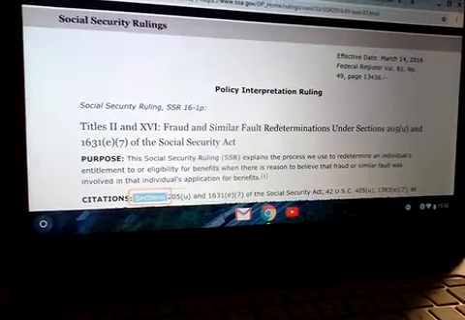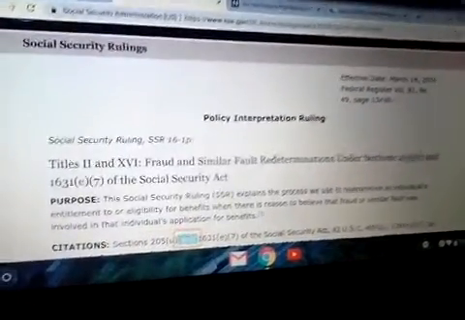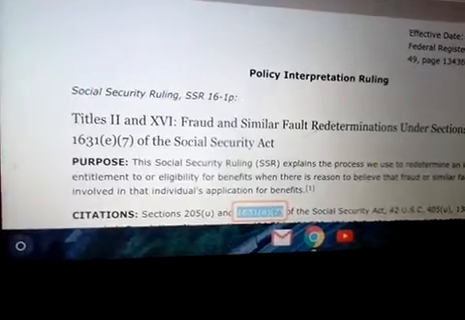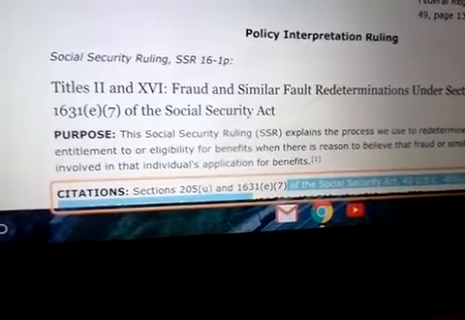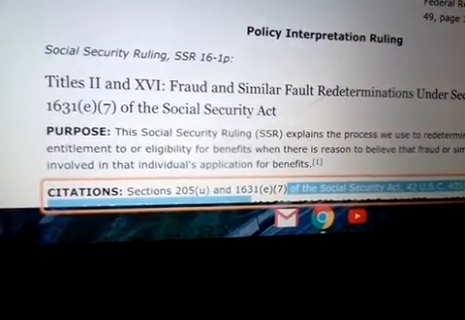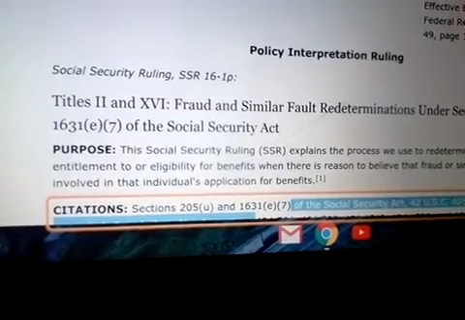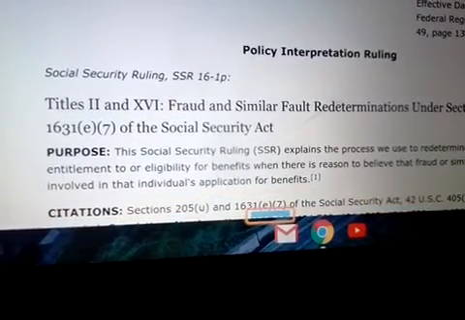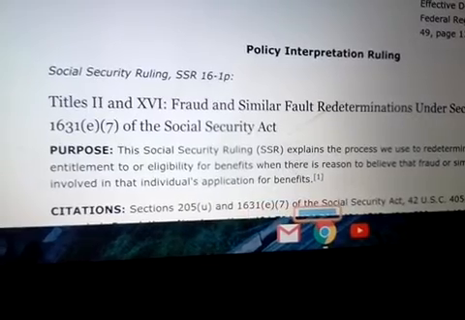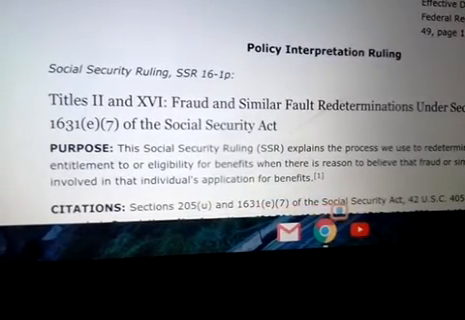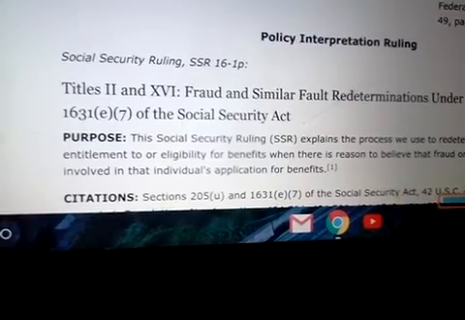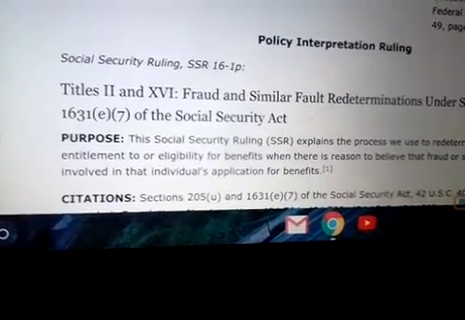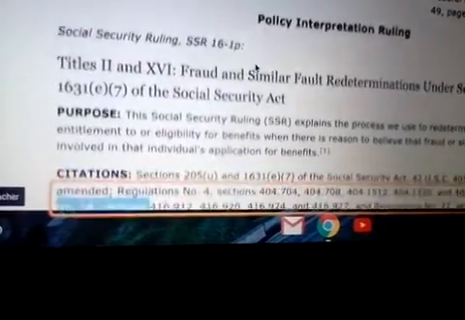Citations. Sections 205(u) and 1631(e)(7) of the Social Security Act, 42 U.S.C. 405(u) and 1383(e)(7), as amended. Regulations No. 4, Sections 404.704, 404.708, 404.1512, 404.1520, and 404.1527;